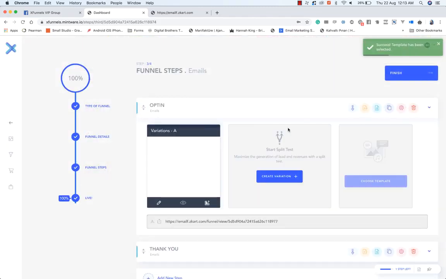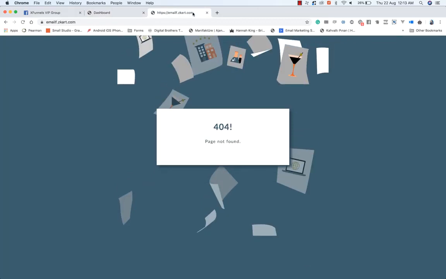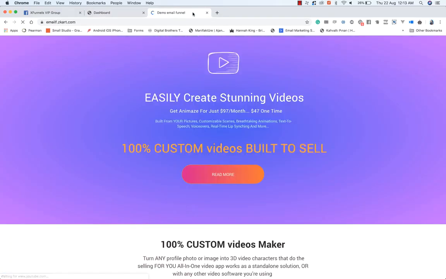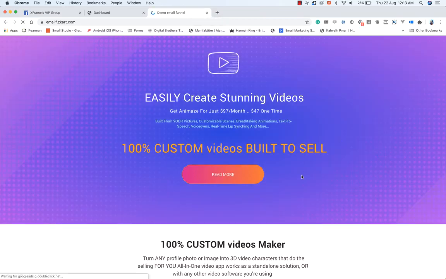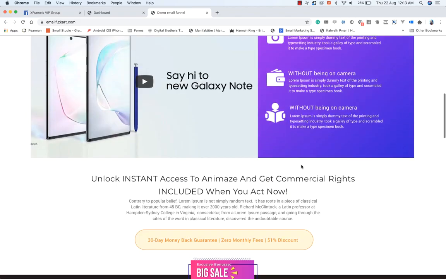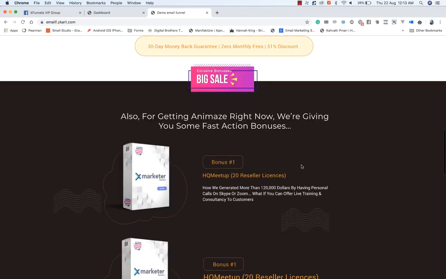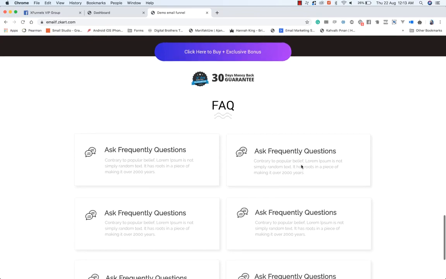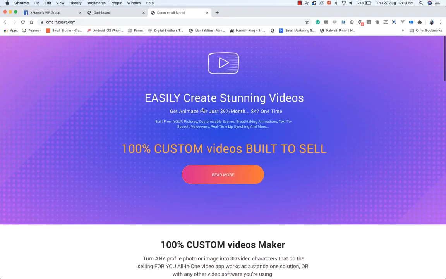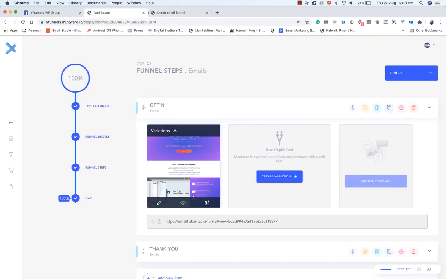Okay, now if you come here and refresh this page, you can see the template is visible. We have this amazing video and the option. This template is looking outstanding. You see, this is a kind of a bonus page. You can use it for promoting any product, and we can have a form here for the opt-in. Perfect. Now I'm going to click on the edit page button,